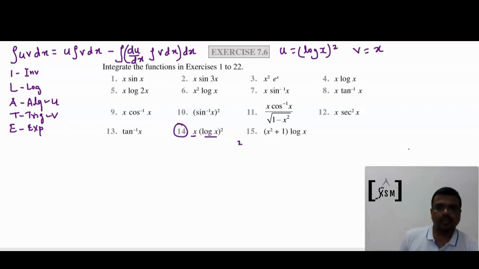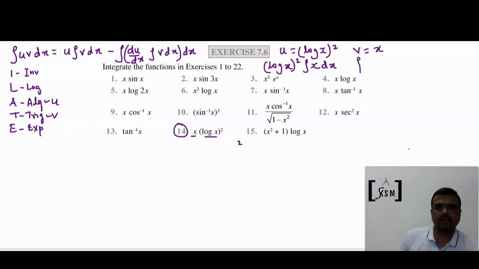So we'll just plug in the values. The integration would be log x whole square times the integration of v dx, so it is x dx,